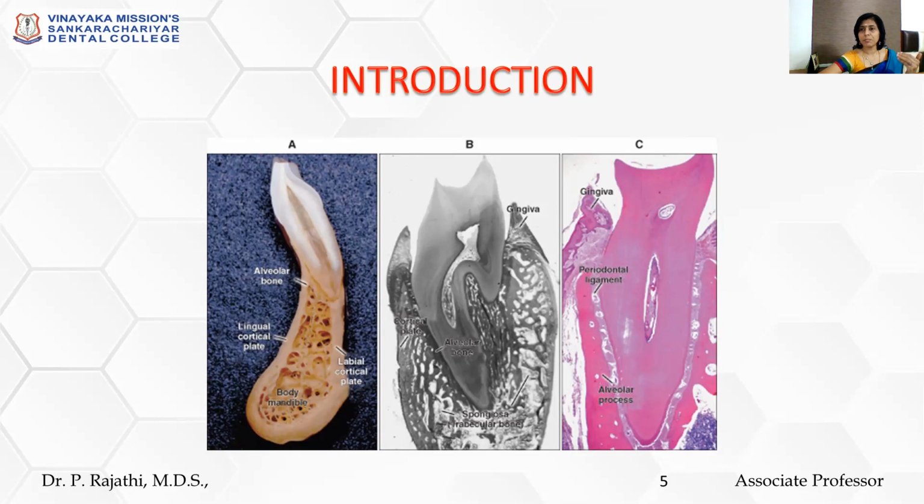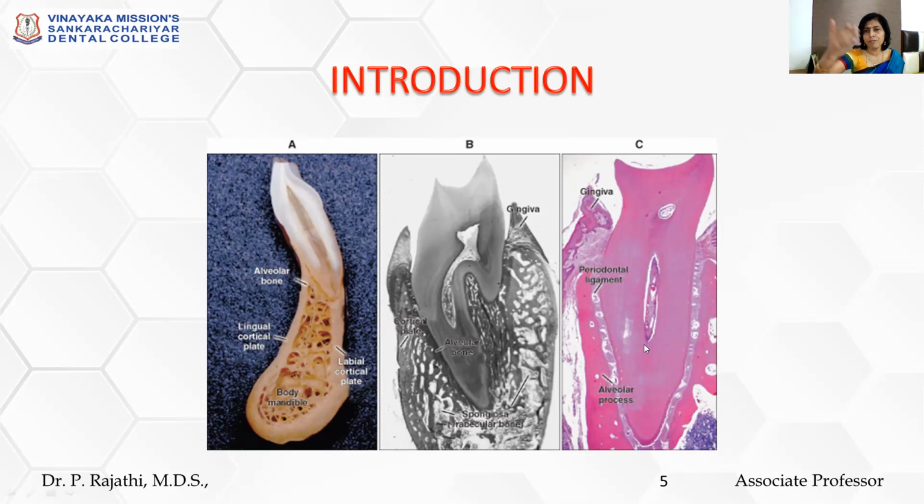And then once it becomes soft, that is all the inorganic component gets removed, it becomes soft in its consistency. After that, we do regular processing, and after making sections and mounting in slides, it is studied under the microscope, where in this decalcified section, you can appreciate the tooth, where you can see the dentin. In place of enamel, it is an empty space. You cannot appreciate enamel. You can see gingiva. You can appreciate even pulp tissue.